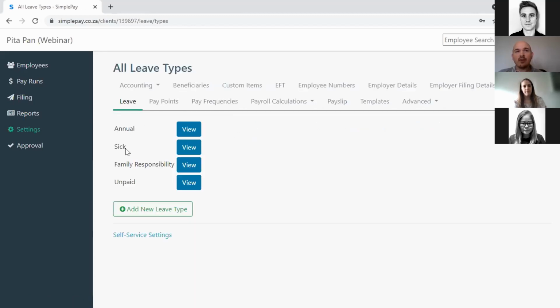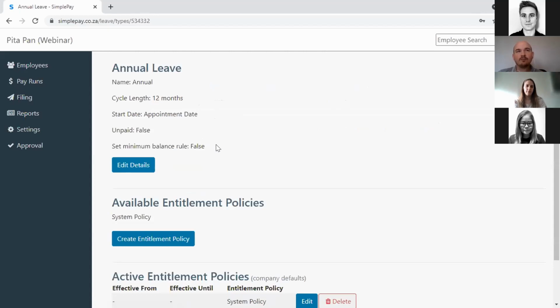You'll then be given the various leave types. We have got 4 default leave types, but you can add your own leave types. This we'll be covering in one of our later episodes, so do join us for that. Today, I'm going to be focusing on annual leave specifically, but the same principles apply to all of the various leave types. I'm going to click on view next to annual, and this will bring up the leave settings page